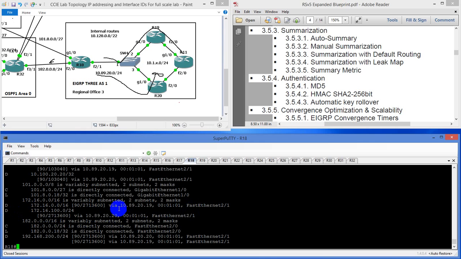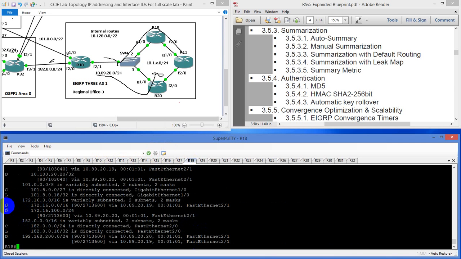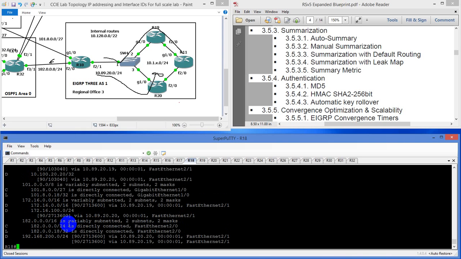So if we were to go to, let's say on 11, and notice how by changing the shorter match it refreshed. So if we were to do a, let's see here, just trying to think. Well, actually that proves it. On 18, that does prove that it's working because we advertised a shorter. Actually, let's see if that changes anything. Yeah, so it's advertising the /16 via 19. So it's advertising that, and then we had